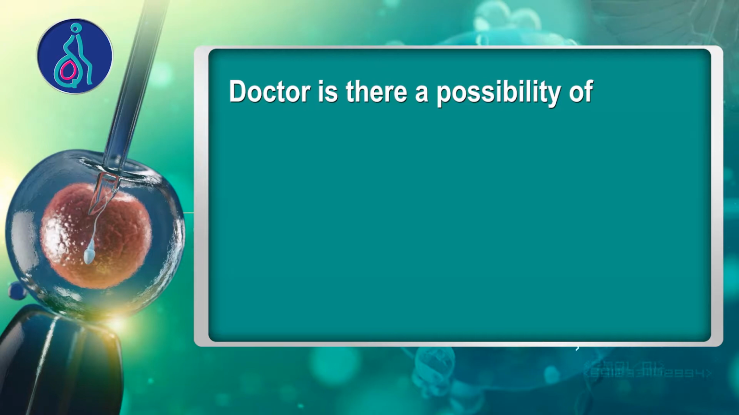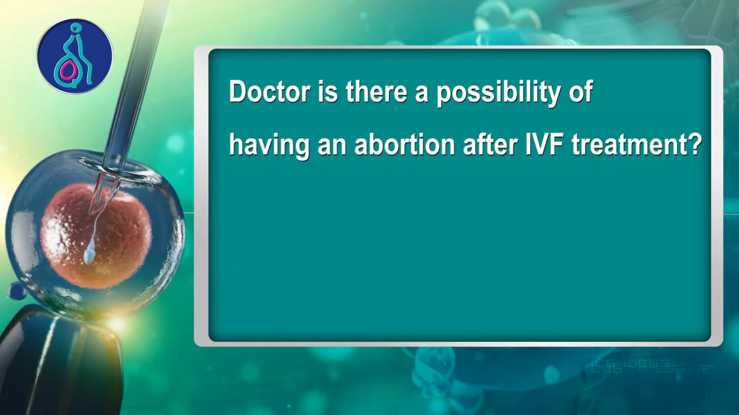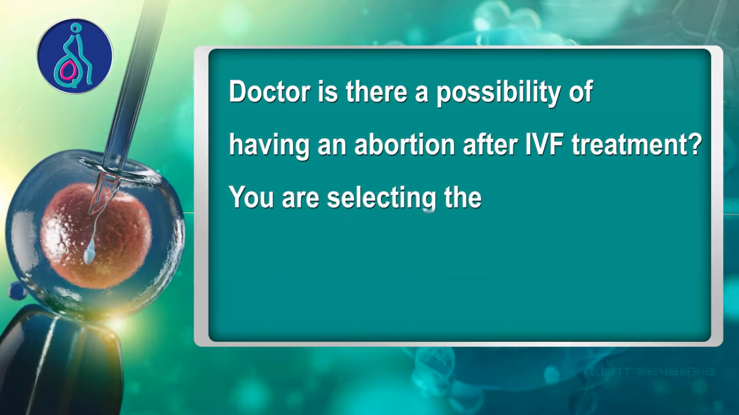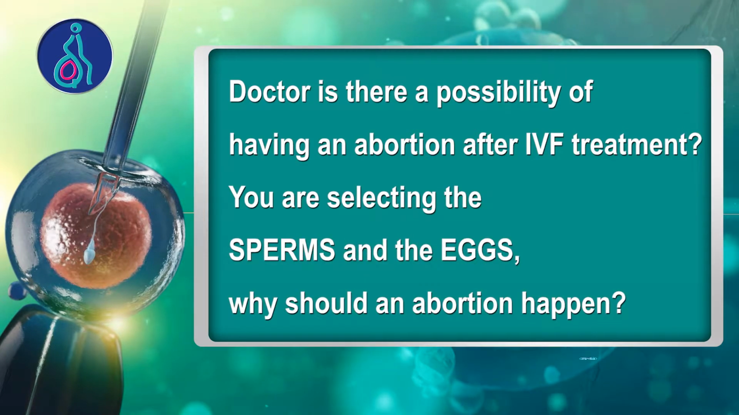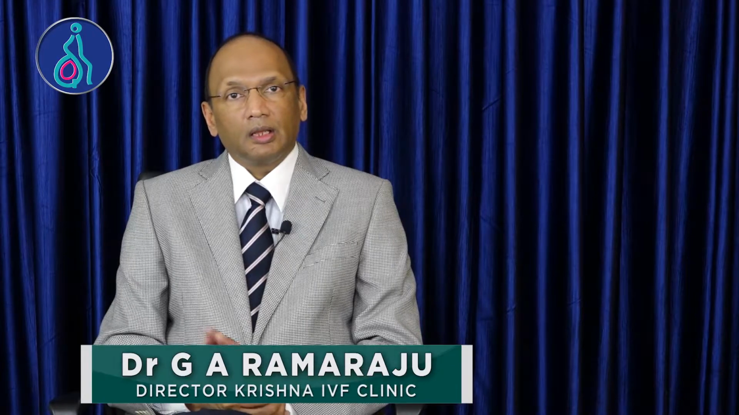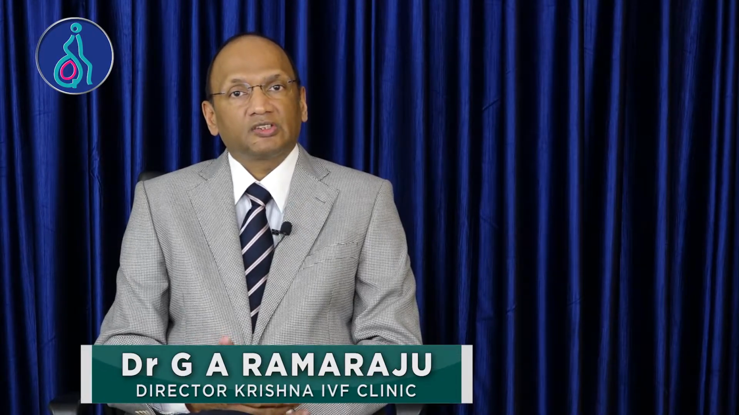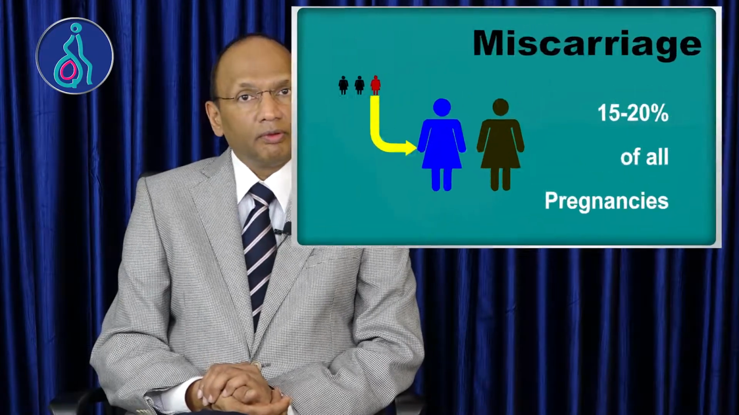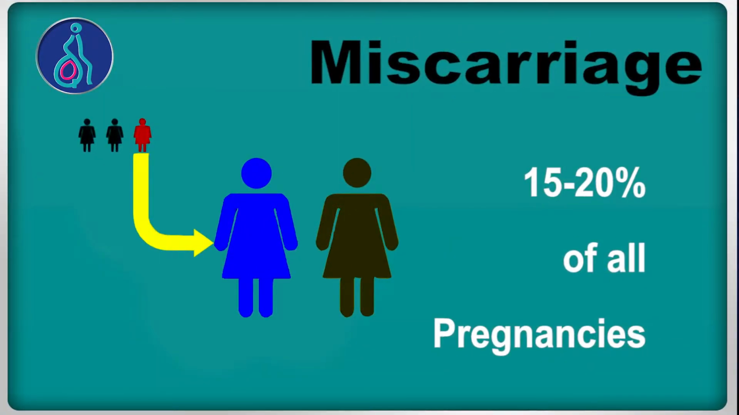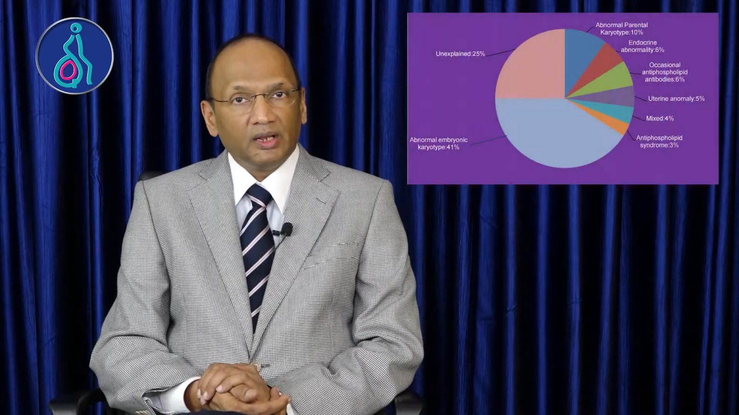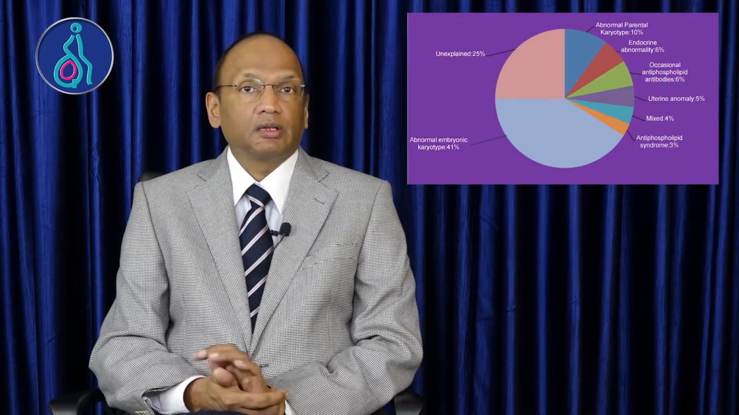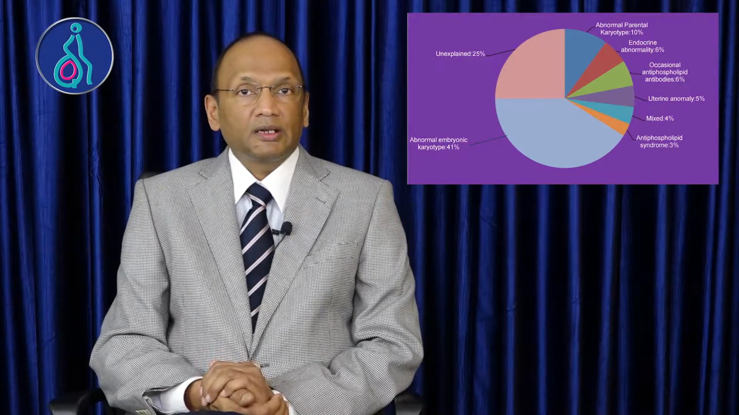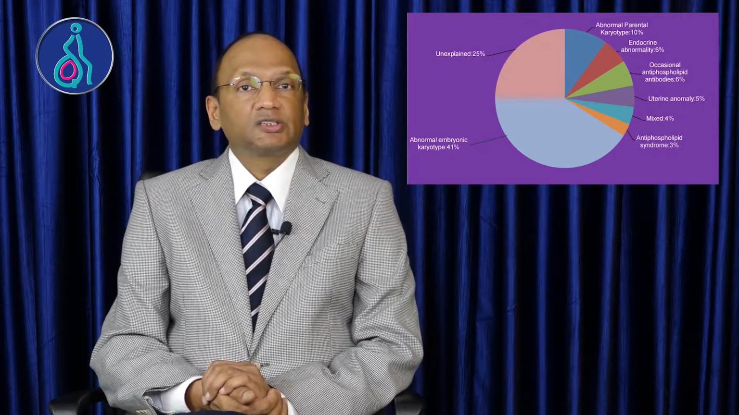Doctor, is there a possibility of having an abortion after IVF treatment? You are selecting the sperms and the eggs. Why should an abortion happen? In a normal pregnancy, statistically, if 100 people conceive, 15 to 20 people lose the pregnancy. That happens for various causes, be it quality abnormalities of the baby, abnormalities in activating the genes,